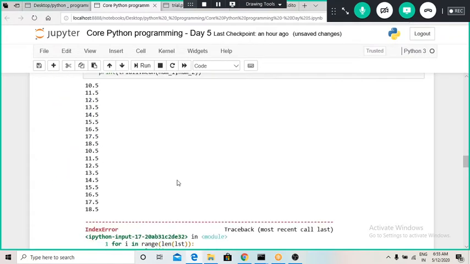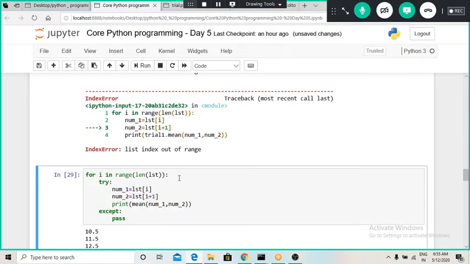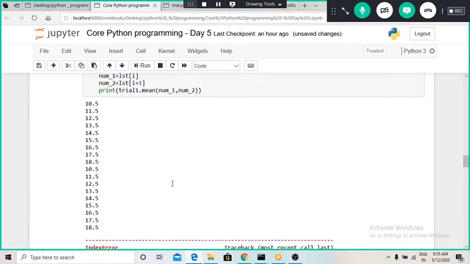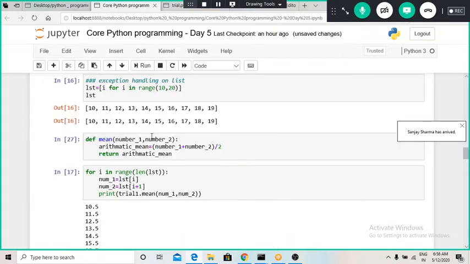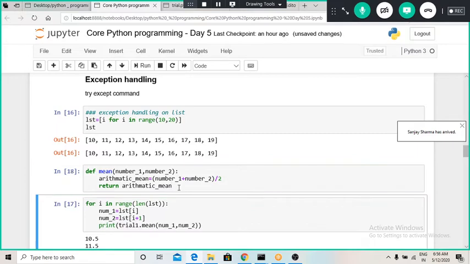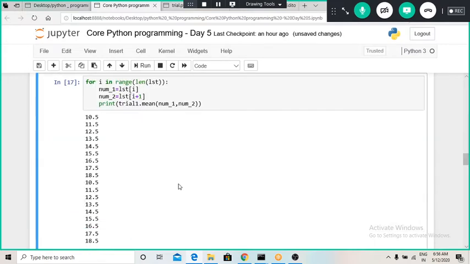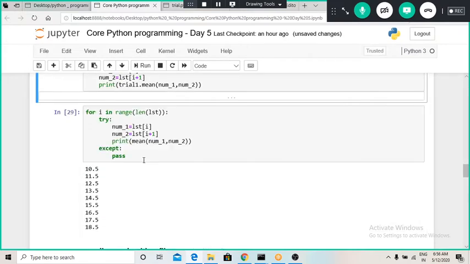So how to tackle this problem? For tackling such a problem, we can use statements like try and except. This is the same function as I defined above, and the same for loop. Now I will use this main function because there is two-time printing happening.